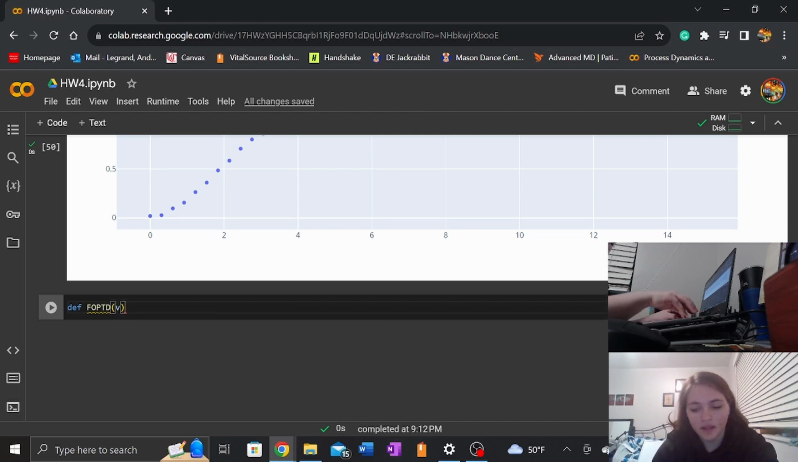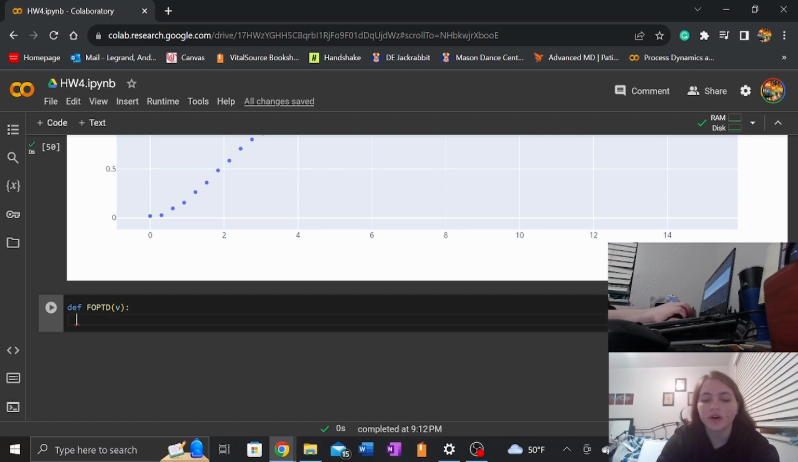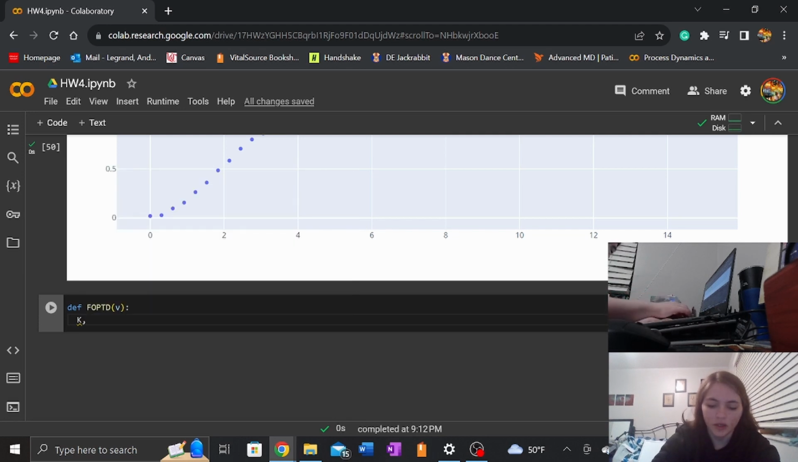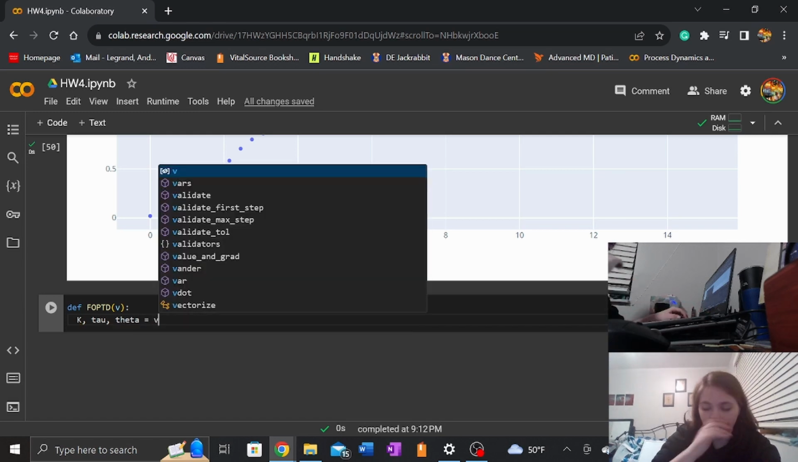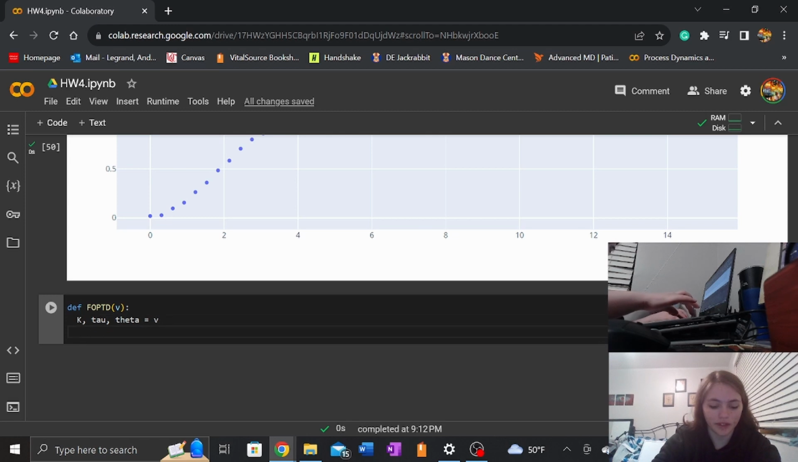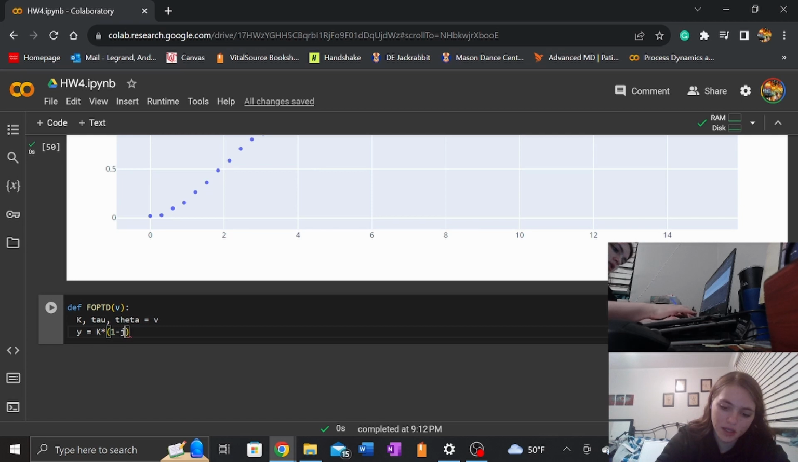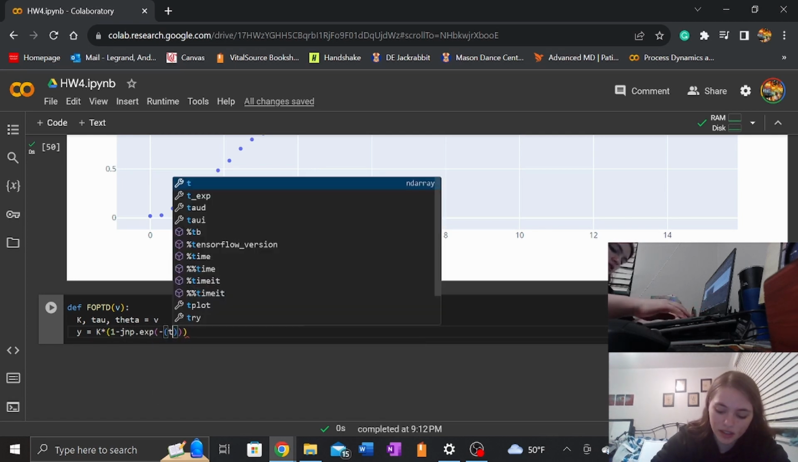Okay, V. Beautiful. Okay. And so that's a vector. And so our K, which is our controller gain, we have tau, and then we have theta, which is our dead time. And that is going to be equal to our vector. There we go. Okay. All right, so here's where we put in our equation that we just talked about on the whiteboard, which is our k times 1 minus jnp exponential negative t